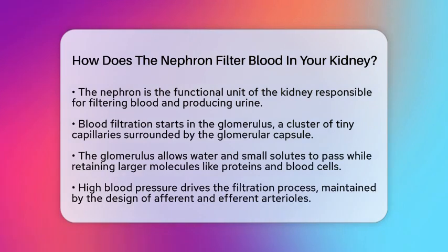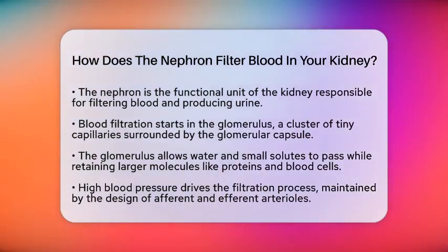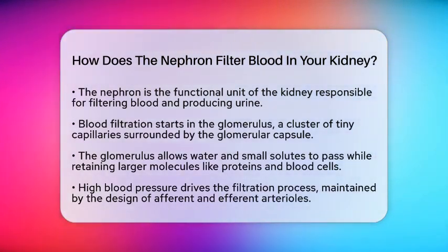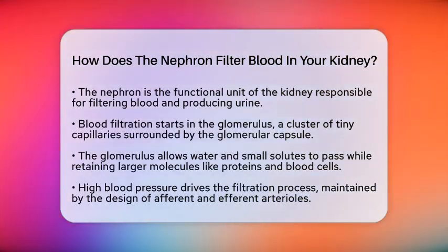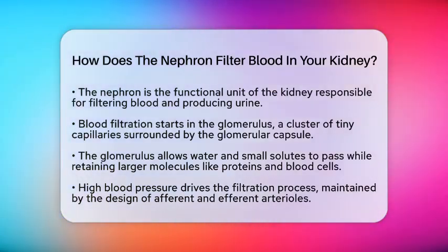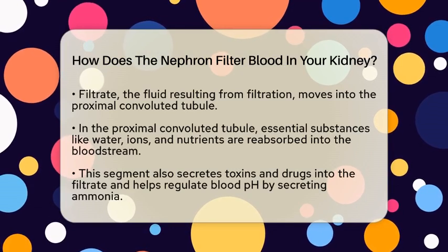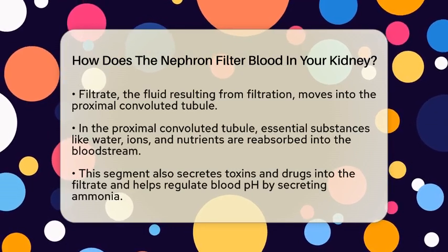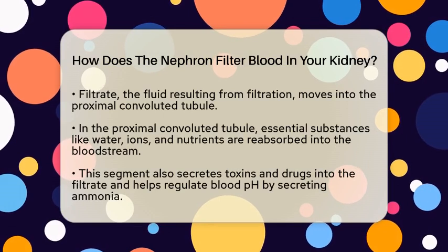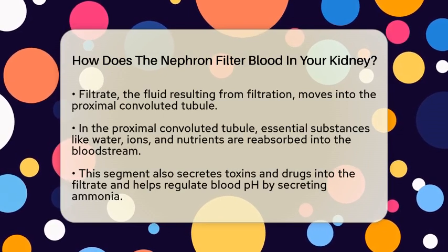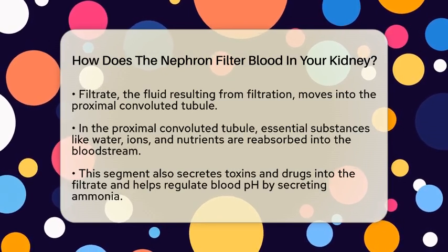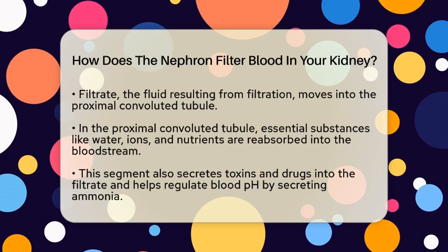This filtering process is driven by high blood pressure, which is maintained by the unique design of the blood vessels. A wide afferent arteriole brings blood into the glomerulus, while a narrower efferent arteriole carries blood away, creating the pressure needed for filtration. Once the blood has been filtered, the resulting fluid, known as filtrate, moves into the proximal convoluted